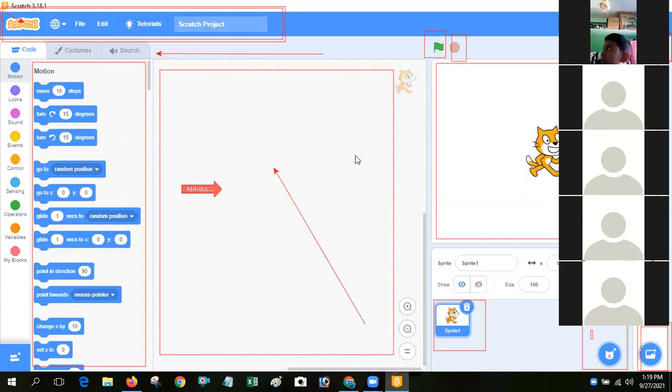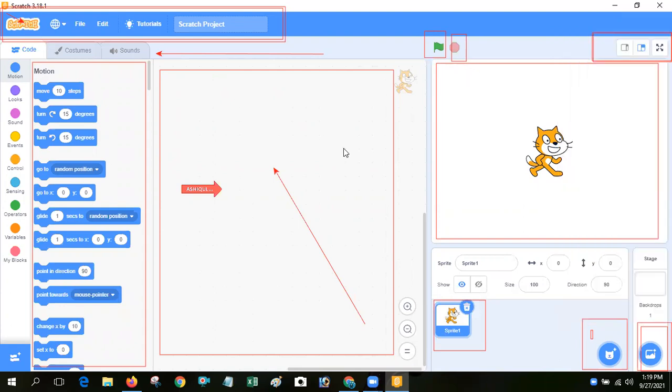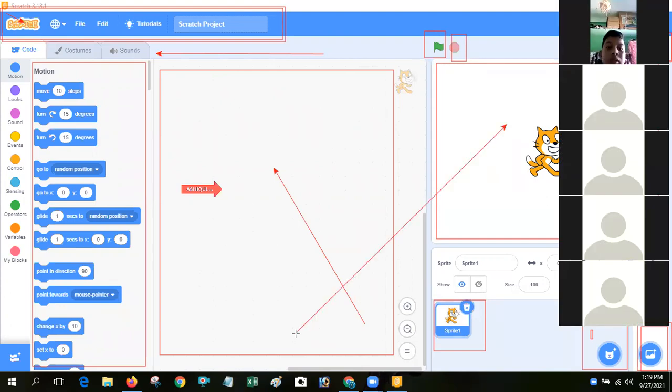Okay, next you see stage. Stage means sprite area. Yes, this one. It's called stage.